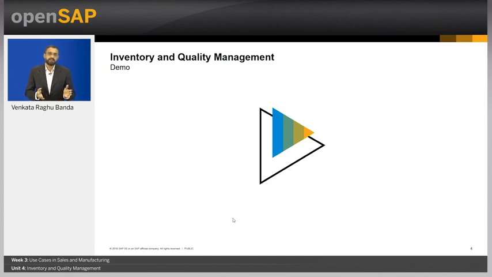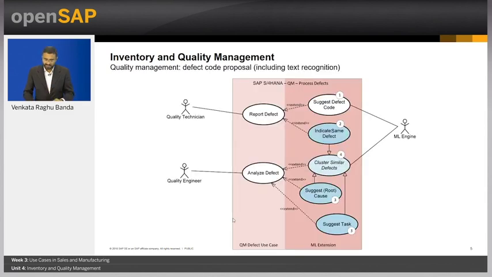We showed what is the level of buffers that can be maintained, so that I am not carrying too much stock or too little stock. So we started with the predictive model and how this model was created, what algorithm was used, the training data, and then a predictive scenario, and then we went into the system. We saw how this could be leveraged or how it is integrated into this particular HANA business process. So, as a production planner, when I logged in, I saw this use case concluded, and let us now jump into the quality management section.